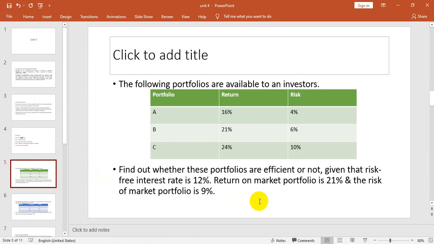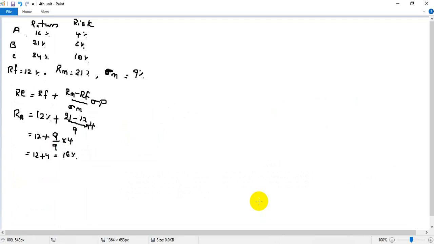So now what is being said is the portfolio that has an expected return of 16%. You need to compare these two, this portfolio return and return on A. Portfolio return has been given in the question. So what we got is also 16. So that means it is situated on CML, that is capital market line.